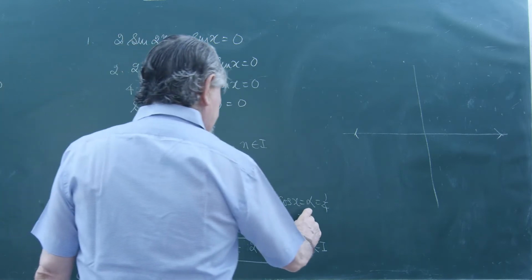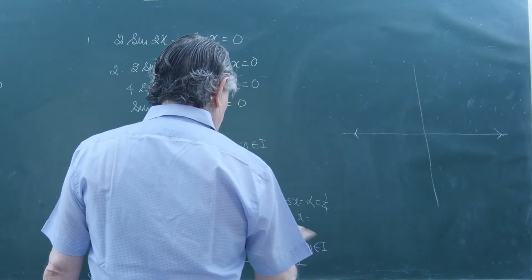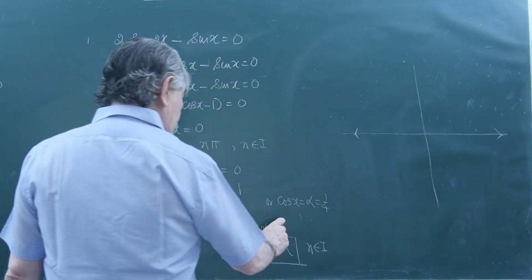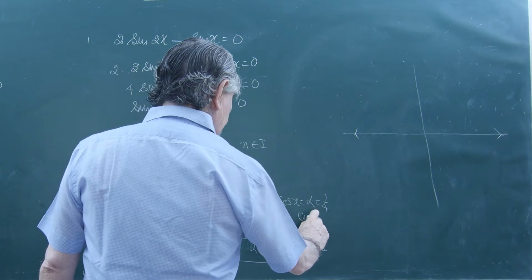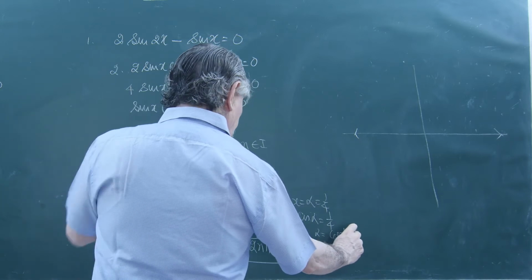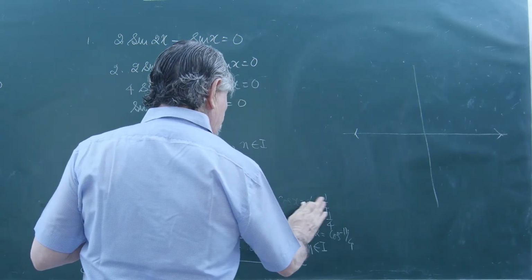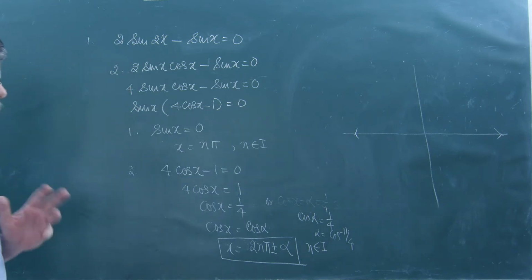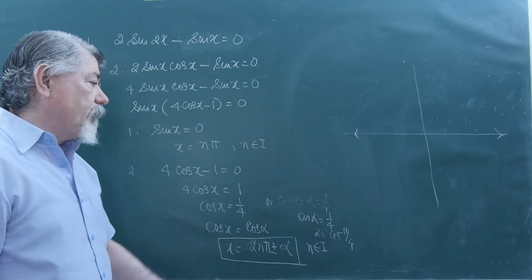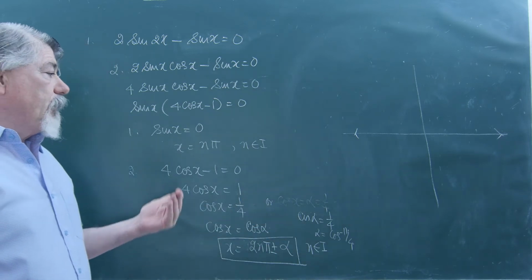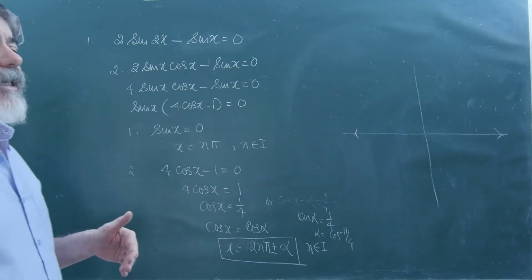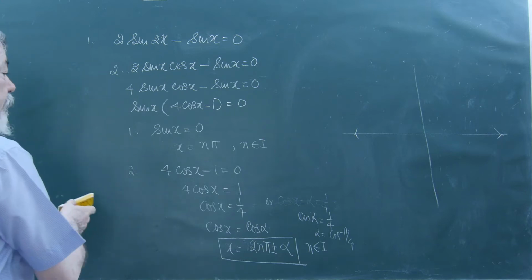I could have written x is equal to cos inverse 1 upon 4 also. Cos alpha is equal to 1 upon 4 we are writing. So alpha could have been written as cos inverse 1 upon 4 also, but I am putting cos alpha as 1 upon 4. So the alpha value can be cos inverse 1 upon 4. I told you 1 upon 4 can be found out from the natural cosines value. This is the first question.